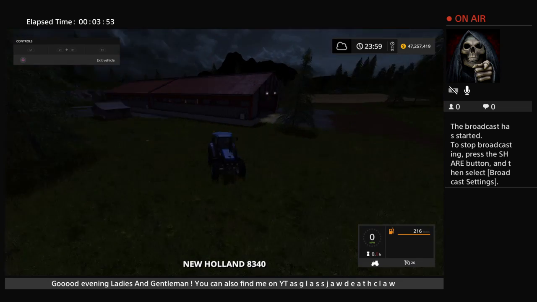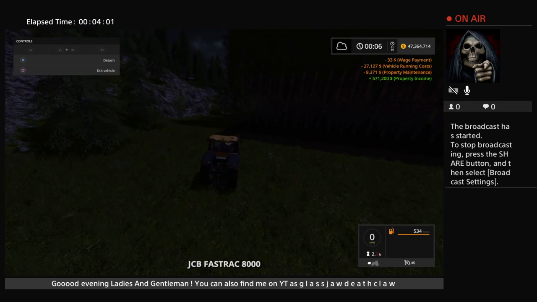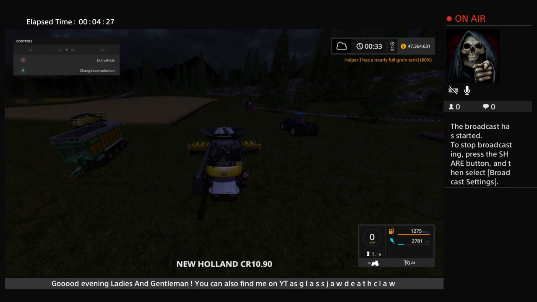Okay. I don't recall why I left this little guy out here, but I'm not going to worry about it. I don't need him. Alright, we just made $571,200 in that partial day. In any given 24-hour period, we usually make about $2,500,000. But that's also on double speed, so...